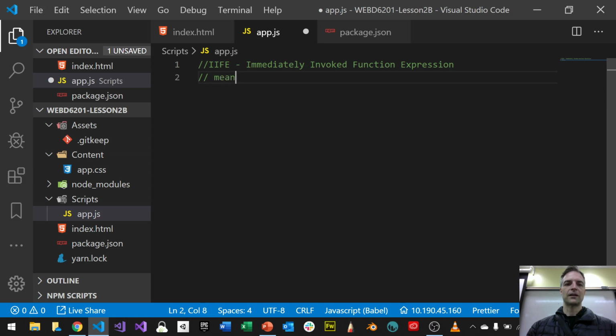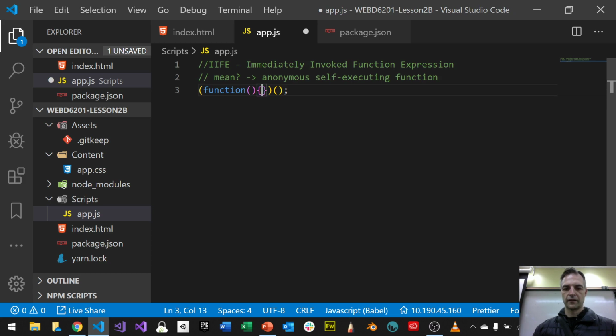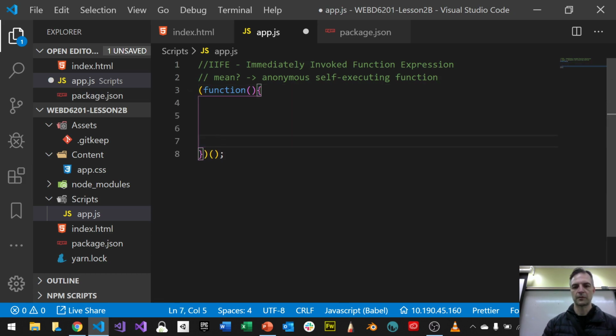And of course, what does this mean, right? It means that it's like an anonymous self-executing function, kind of. That's what it is. And it's also a closure. It kind of encapsulates our files. And it looks like this, kind of. There it is. And you can see here that anything I put inside this IIFE is going to be preserved. So it's going to look nice. As well as it's going to not allow anything that I declare in here to escape into the global